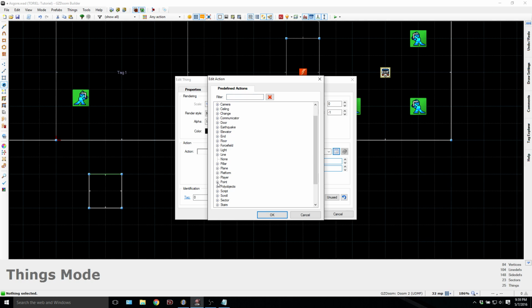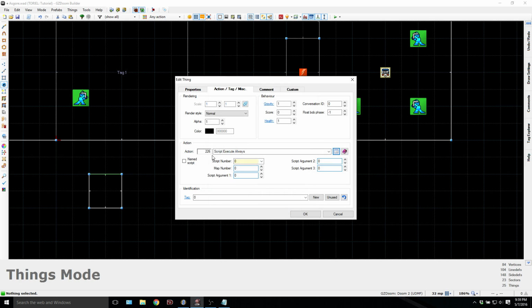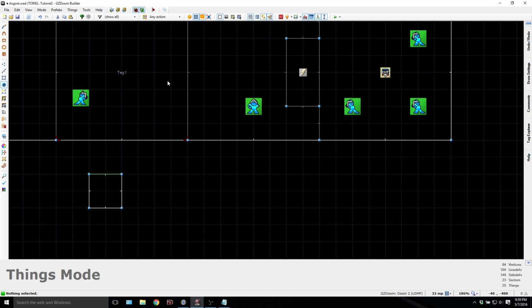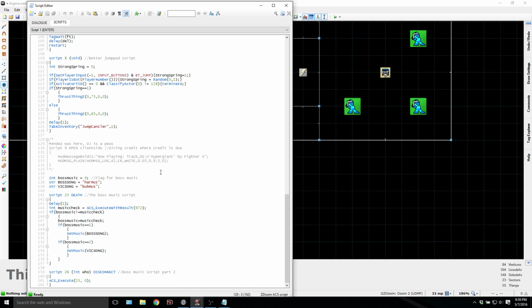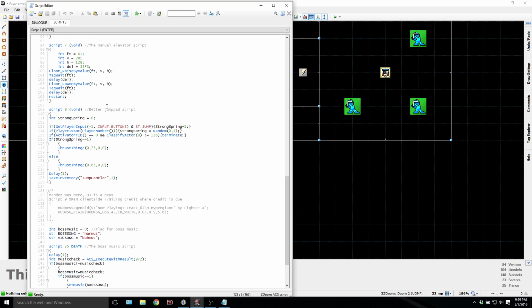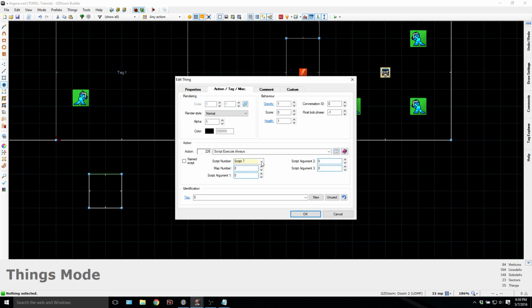I forgot what it was. I forgot the action number, but this is always good for looking for what you want here. It's 226. I thought it was 225. And we're going to execute script, I think it was number 7. So if we actually go to the jump pad script I was talking about, it's actually script number 8. But you see here, script number 8,